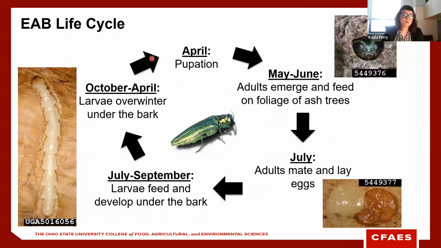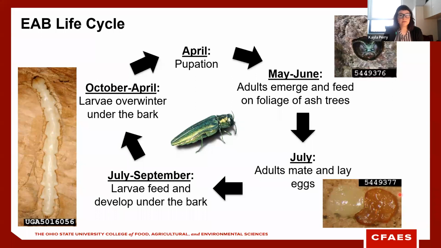So quickly, I just wanted to review the EAB life cycle. In May and June, we see adult emergence from their D-shaped exit holes, this characteristic shape that we all look for on ash trees to see if there's EAB. It's one of the signs. The adults emerge, they feed on the foliage of ash trees, and then around July, the adults mate and lay eggs. The eggs appear this white milky color when they're first laid,